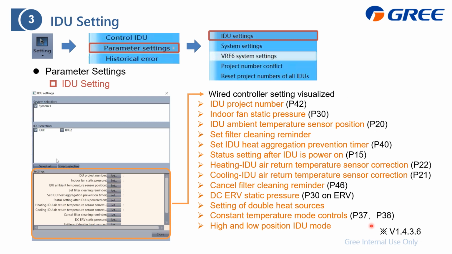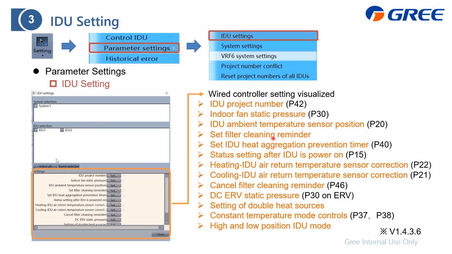And actually you can find that it is just the wire controller setting visualized, which means it is easier and more convenient for you to do the setting than on the wire controller. We just make it visualized. The first one is the in.unit position number. You can change it to whatever you like, it is okay. And this is the in.unit ESP. The third one is the in.room temperature sensor position selection, which is P20.